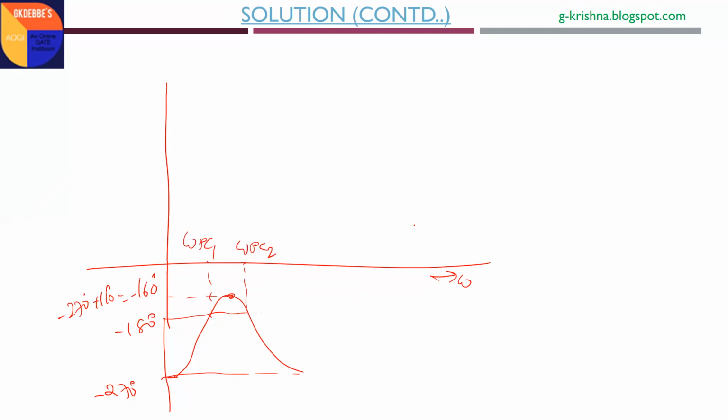So this will be the phase plot for this transfer function, k by s cube into (s plus 1) whole square by (s plus a) whole square, with any a value selected greater than 5.828. For 10, you'll get the maximum angle as minus 160 degrees. If you select 6 or 7, any value greater than 5.828, definitely the phase plot will cut minus 180 degrees for two frequencies. If you select exactly 5.828, the phase plot will cut minus 180 degrees only for one frequency. If you select a value less than 5.828, the phase plot will never cut minus 180, which means the root locus will never cut the imaginary axis, and there will be no gain for marginal stability.